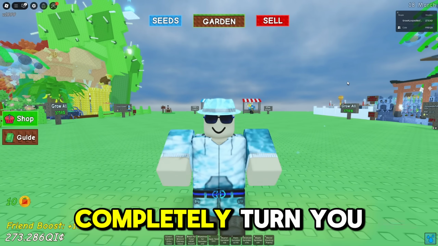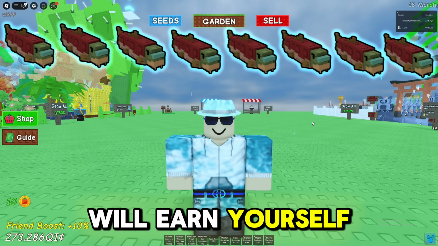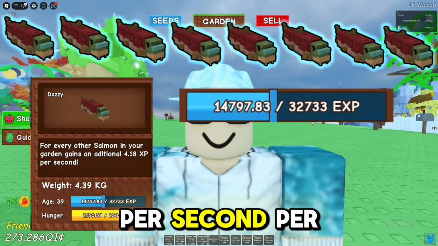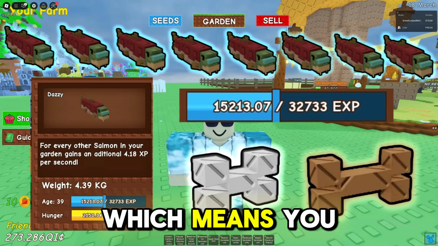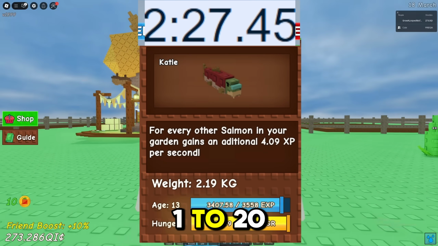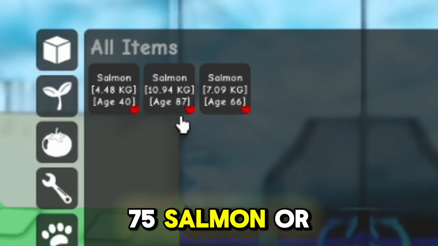Now, this might completely turn you away from the salmon. However, a full team of salmon in your garden will earn you over 100 XP per second per salmon, as long as you're using medium and small treats, which are not hard to get, which means you can get a salmon from level 1 to 20 in only 7 minutes and easily get yourself a level 75 salmon or above